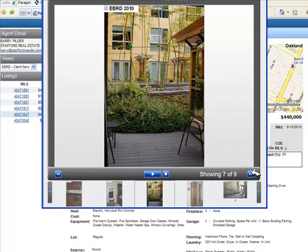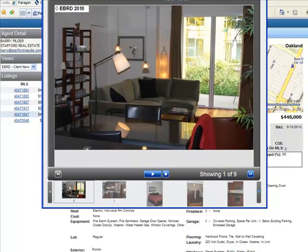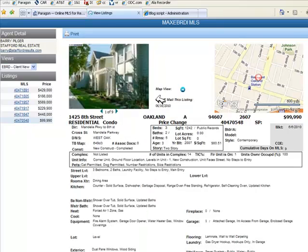This is the common area, lounge area on the 3rd floor. There's the sauna, exercise room. I think we scrolled through these pictures yesterday. Very, very similar. Now, finally, I wanted to explain to you that 1425 8th Street listing for